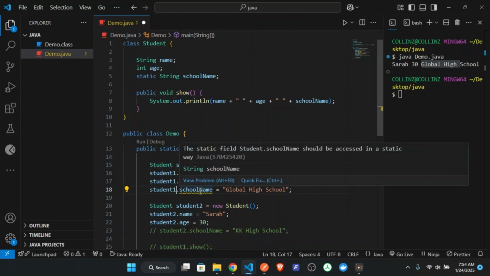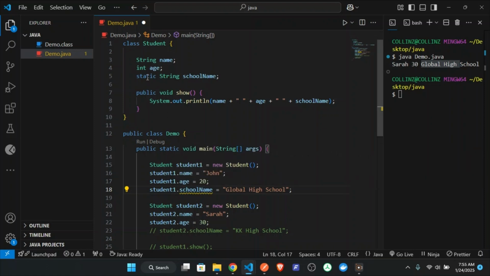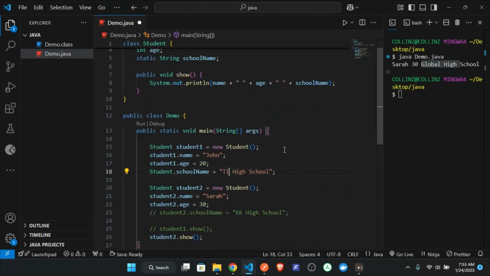You see that they are telling you the static field name should be accessed in a static way, meaning you're accessing this name which has the static keyword in a wrong way. You have to access it through the class that it is defined in. When you change this, you see that everything is okay. Even if you change this to another word, let me say tt, and I try to run,